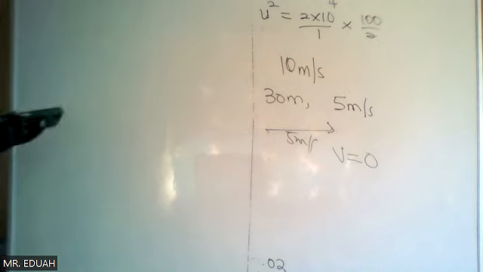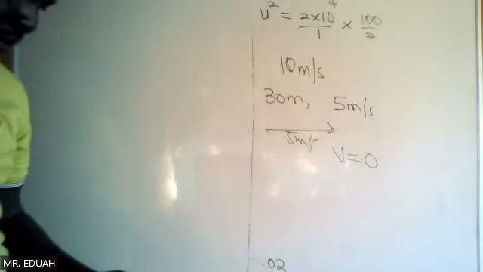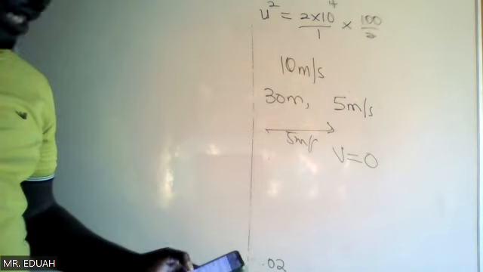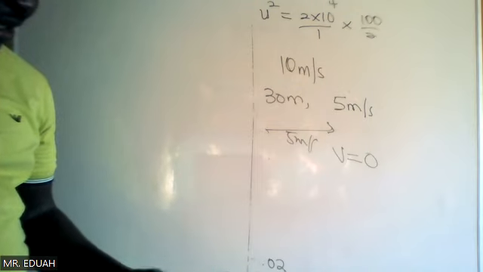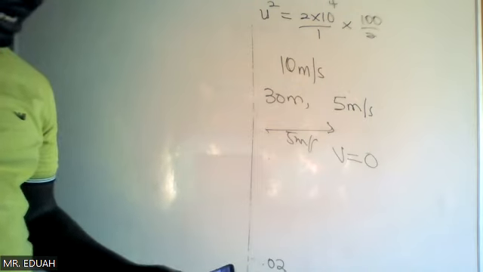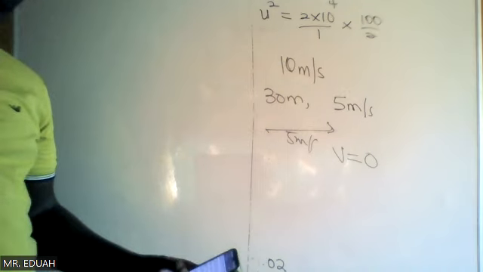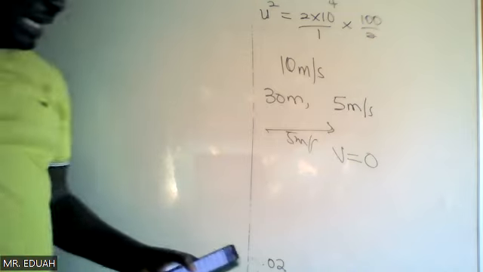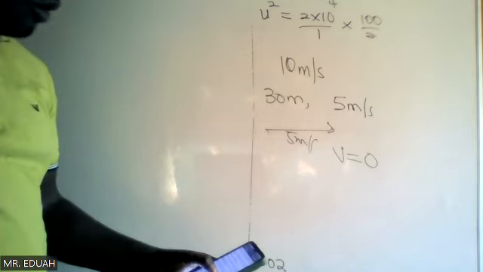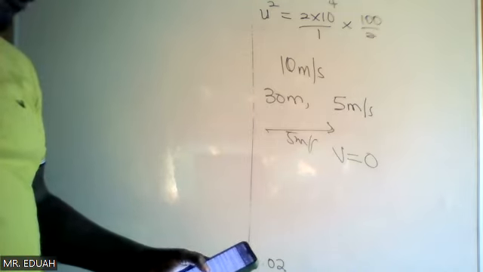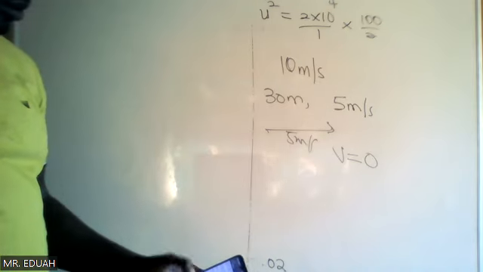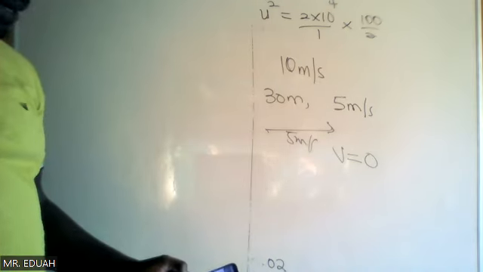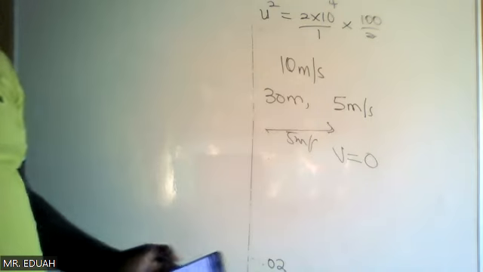If the coefficient of friction between the tires and the road is mu, the distance traveled by the car before it comes to rest is